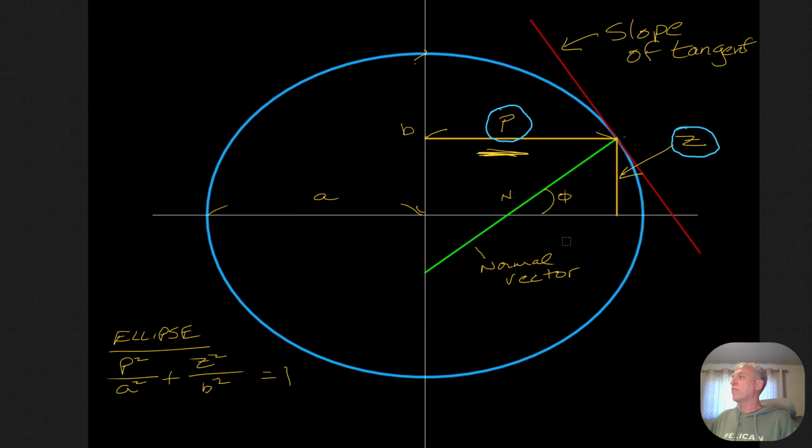So what is the slope of that tangent line? There's a couple different ways we can get to it, right? We could say that the slope of the tangent line at any point on the ellipse is just the derivative of the ellipse itself, right? That's how we find slopes of tangent lines. So what we need, to get the slope of the tangent,